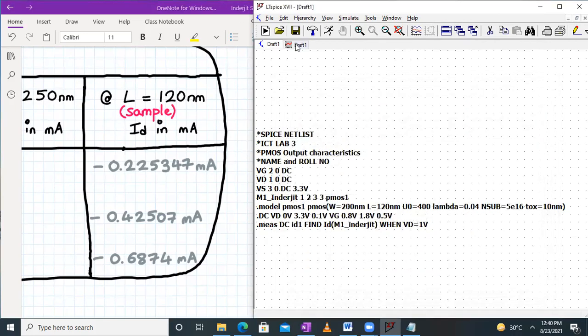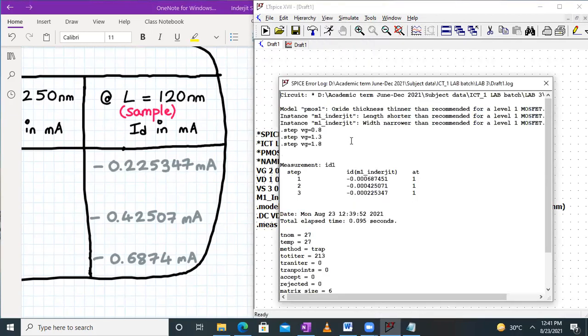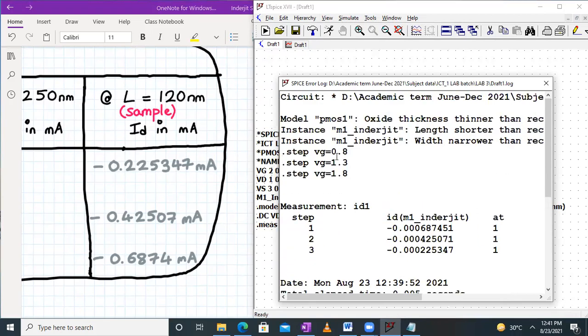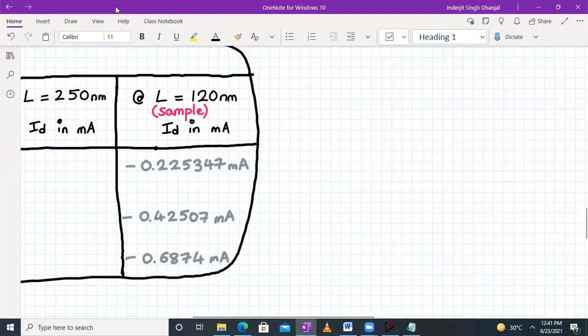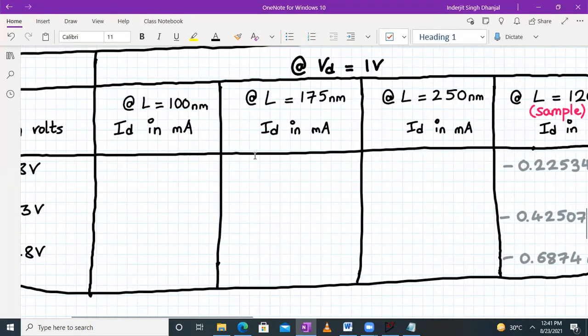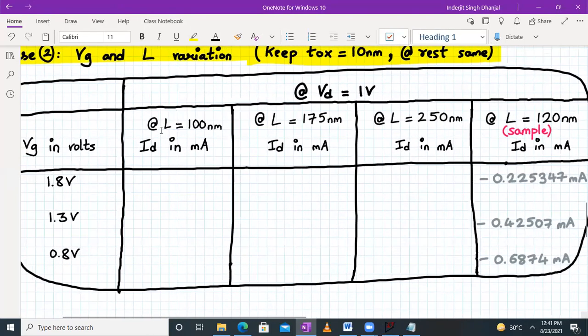No measurement with the cursor is required in the output characteristics. Directly the .measure statement will give you the values. You have to go to view, go to spice error log, and here are the values. You can attach this print screen also to support your answers. In this way, we have done it for L equal to 120 nanometers.